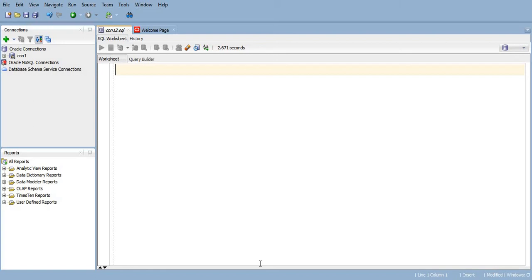Composite primary key basically is a type of primary key that is made up of two or more attributes together. We say that a key is a simple primary key when we have a single attribute there. If we have two or more attributes present in a primary key, then we say that it's a composite primary key.